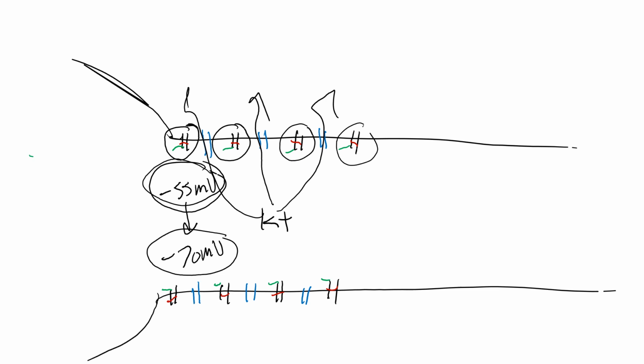What that means is between, again, let's just say negative 56 and negative 70. There's a pretty big possible range there. But regardless, these voltage-gated sodium channels at that point